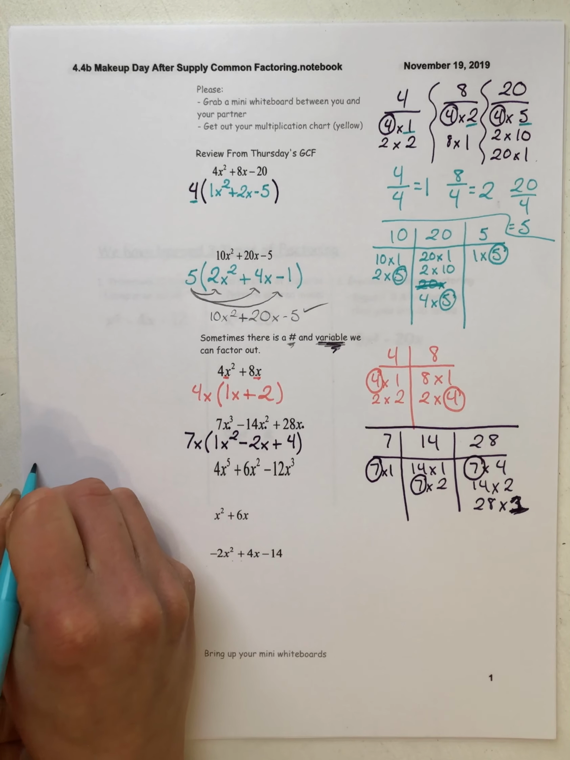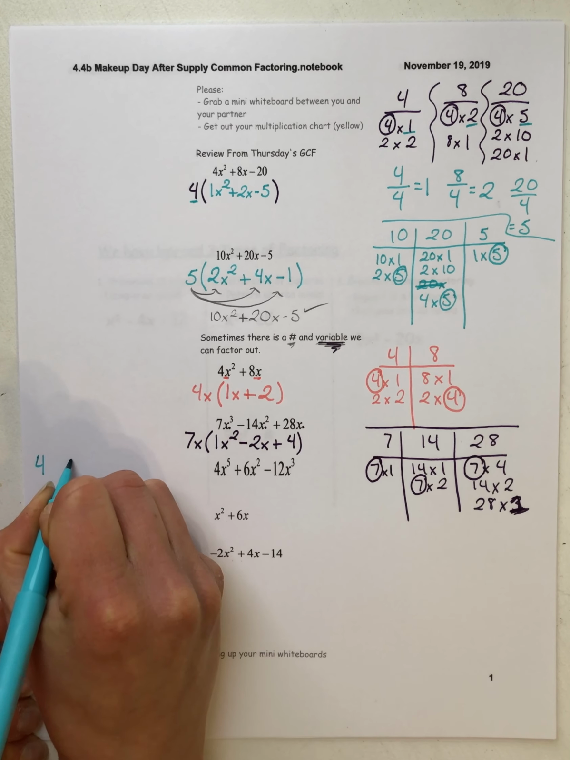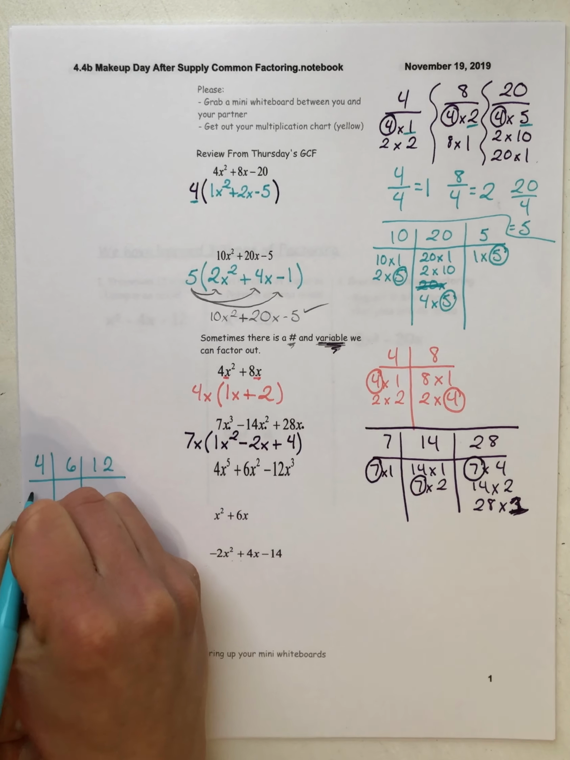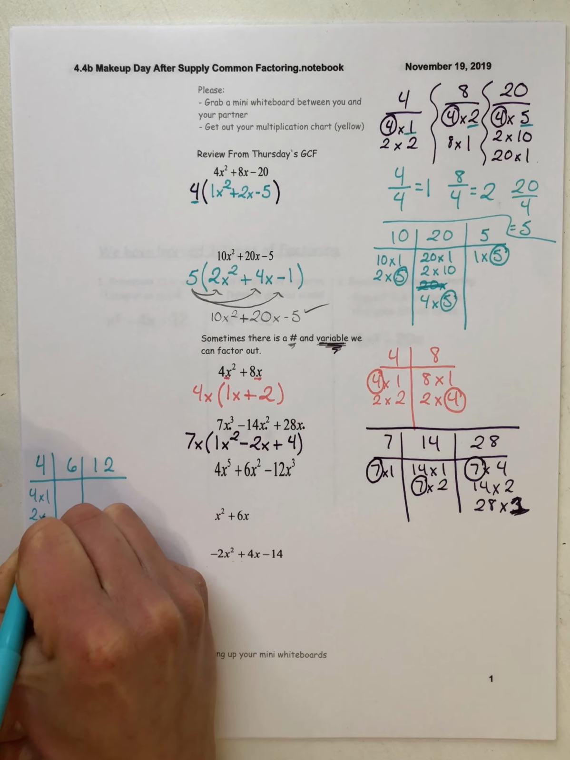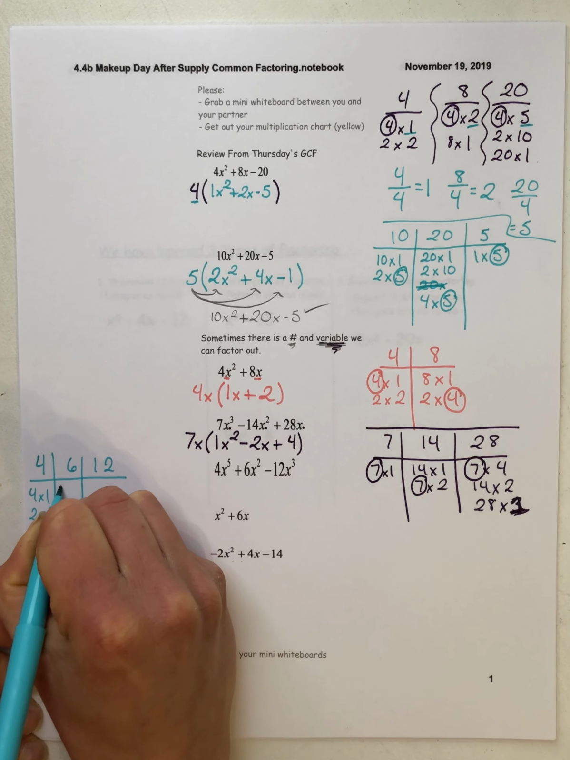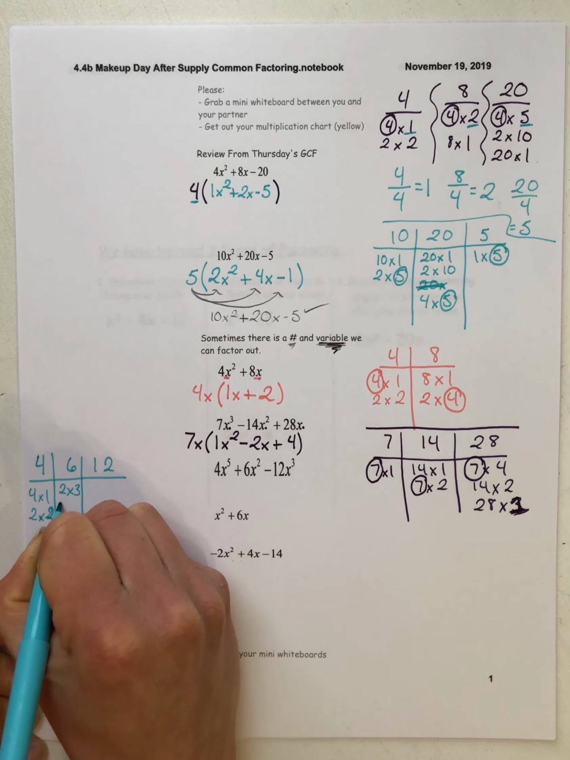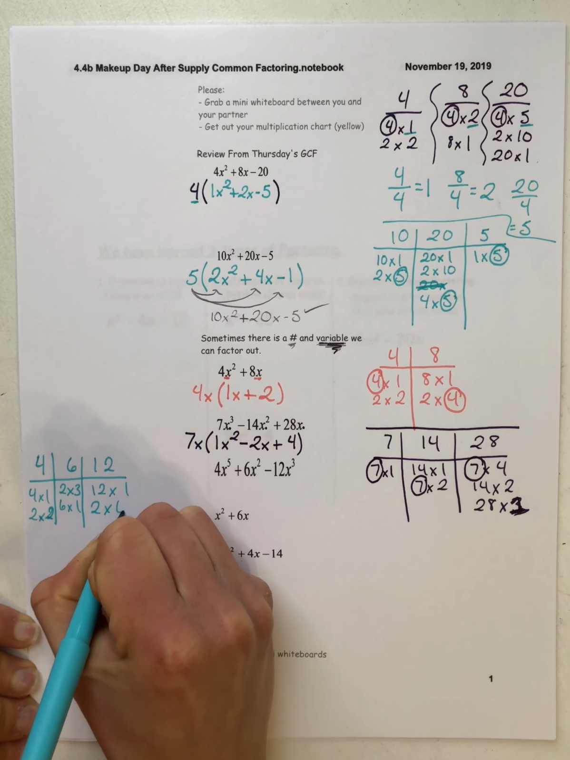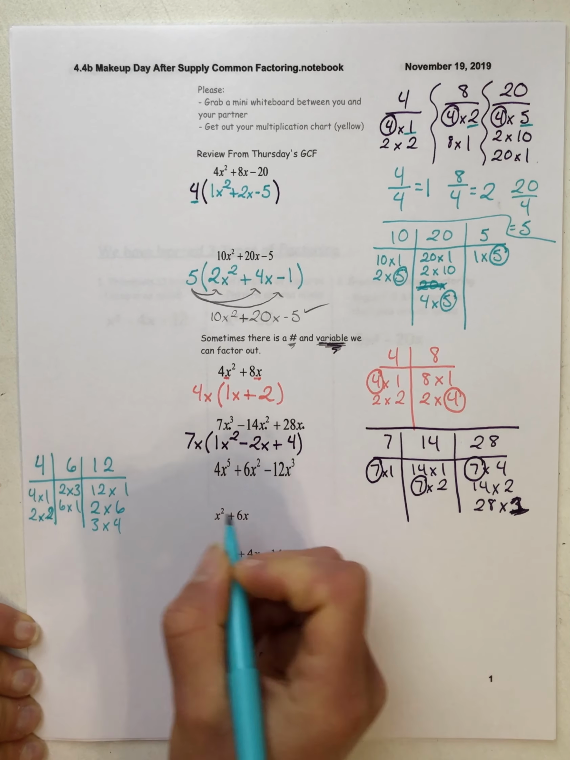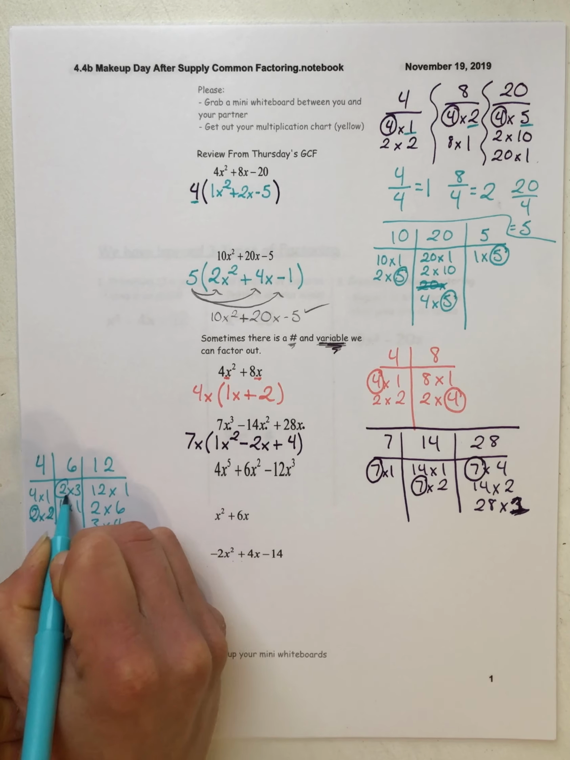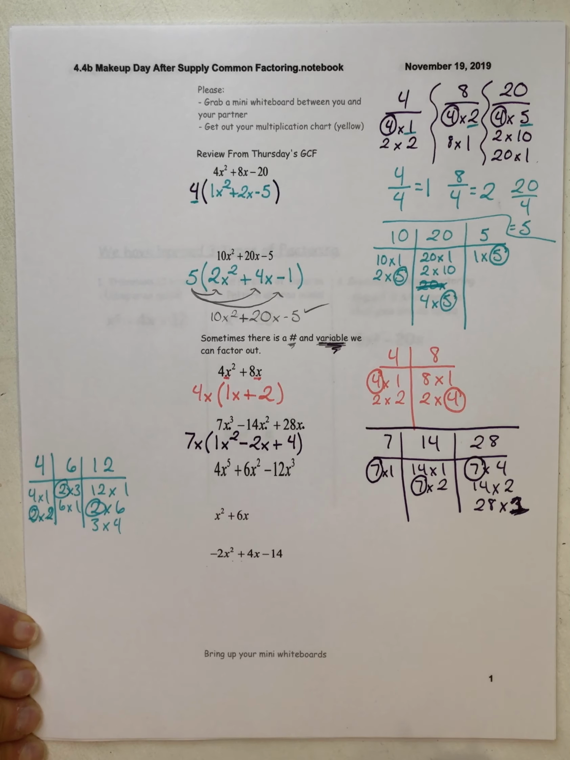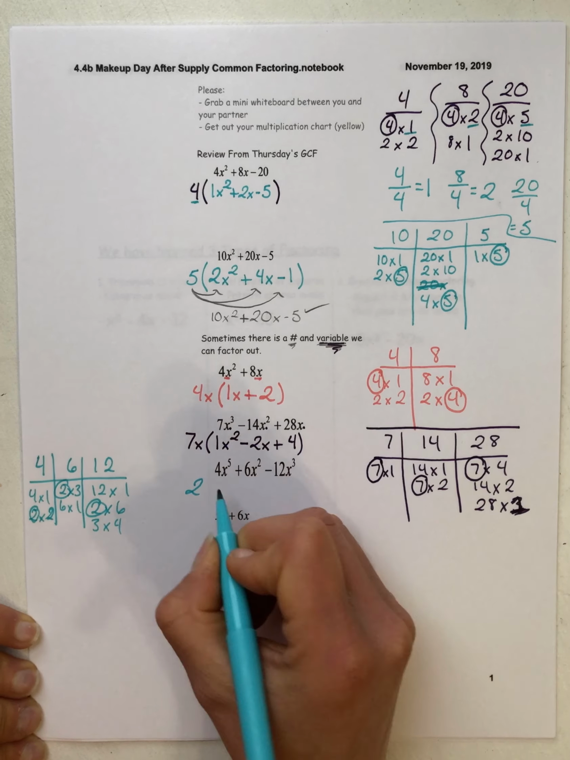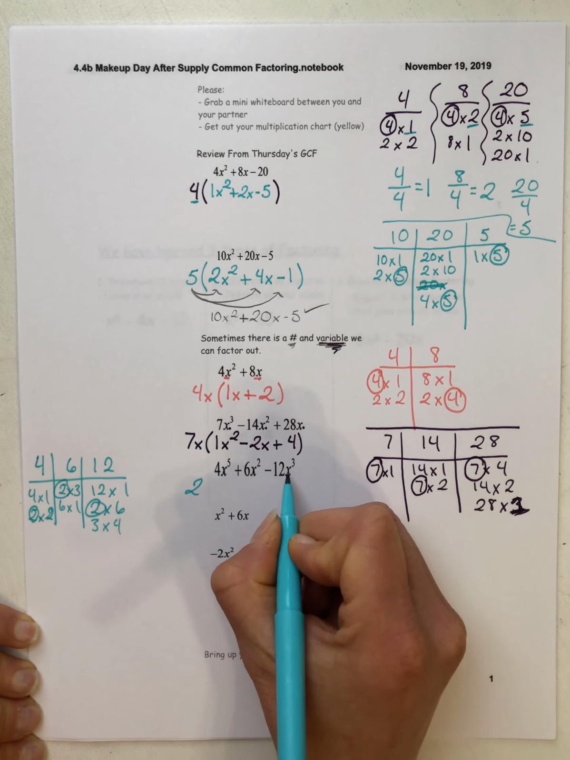So we'll do 4, 6, and 12. Let's find the multiples of these. So we can do 4 and 1, 2 and 2. We can do 2 times 3, 6 times 1, 12 times 1, 2 times 6, and 3 times 4. But we can see that the 2 is the greatest common factor in all of them. So if we bring a 2 out front, and then we take a look at the x's, okay, we have